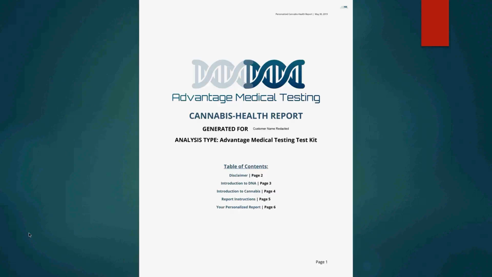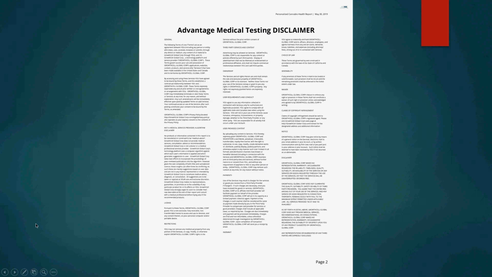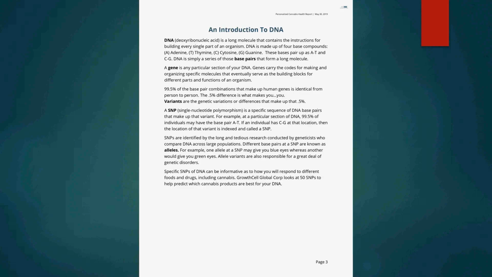Here's what the report's going to look like. Cover page, it's got a little table of contents on it. This is looking a little different than our other DNA reports, right? A disclaimer. By the way, there's a sample report in the download section here for the agents. There's some terminology for the customer, letting them know, believe it or not, what DNA is: a gene, a SNP, alleles.